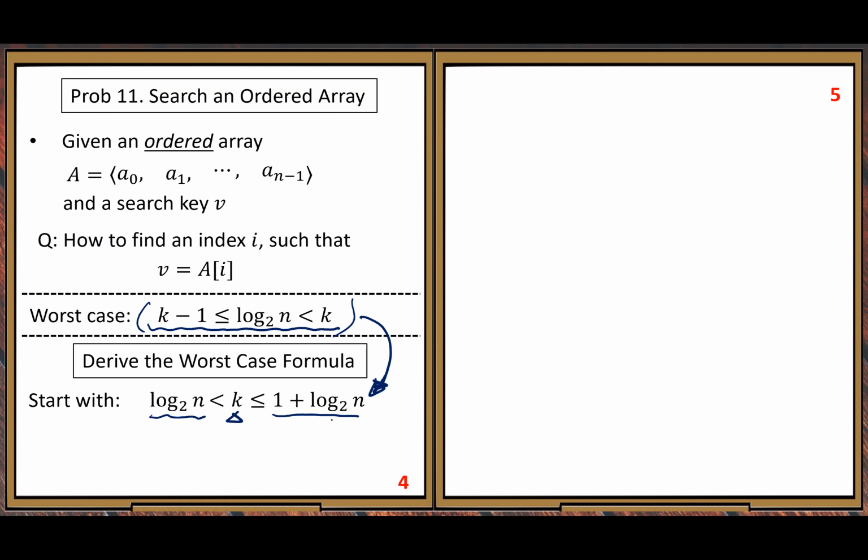Lower bound and upper bound, okay? Look at the difference between the lower bound and upper bound, it is 1, okay? The difference is 1. That means we can find an interval with length 1 to cover this K integer,